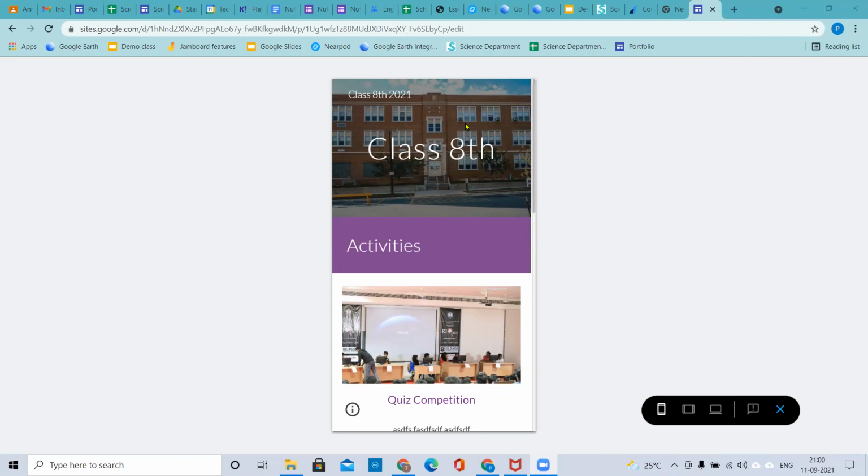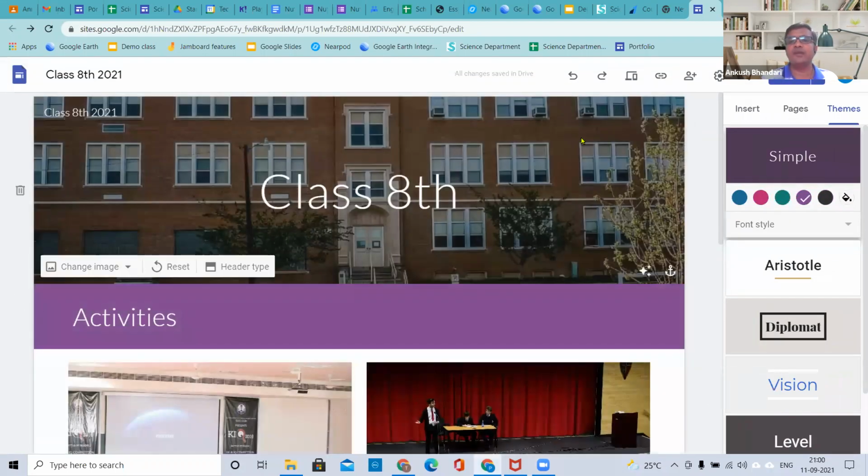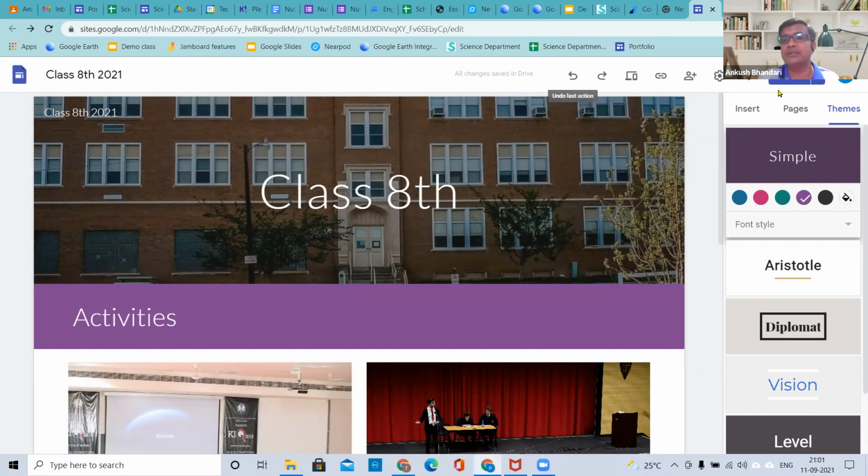Okay, great. Thank you. So now on the right hand side, there is a cross button to exit. Just click on that and come back from the preview option. So again, we are on the edit option. Now one thing you have to keep in mind: whenever you make any changes on the website and you want to show those changes to the audience, don't forget to publish the website. Not exactly every time, but whenever you want the changes to be shown to your audience, you have to publish the website. Understood, everyone?